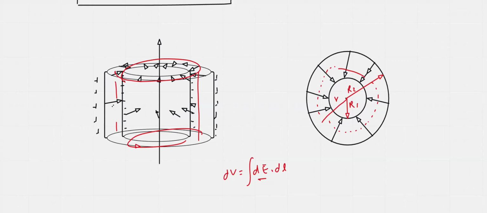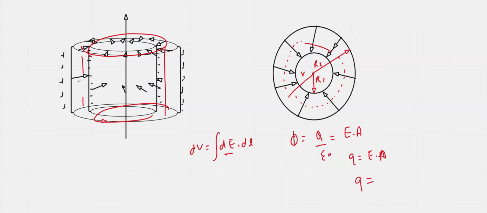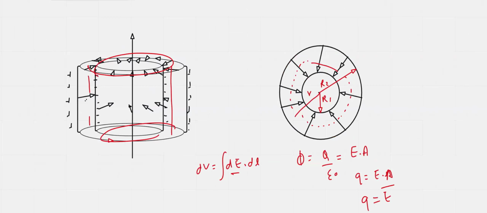I can say what is my flux. Flux is nothing but the total charge inside divided by epsilon naught, and this will come out also equals to E times A. So can I say the total charge is nothing but electric field multiplied by whatever the area I'm taking? Okay, and what is the charge? Charge is a constant thing. Electric field, let's take something. What is the area? If I see area, what is the surface area? This is the part which is concluding in this surface area and the electric field. So can I say that is nothing but